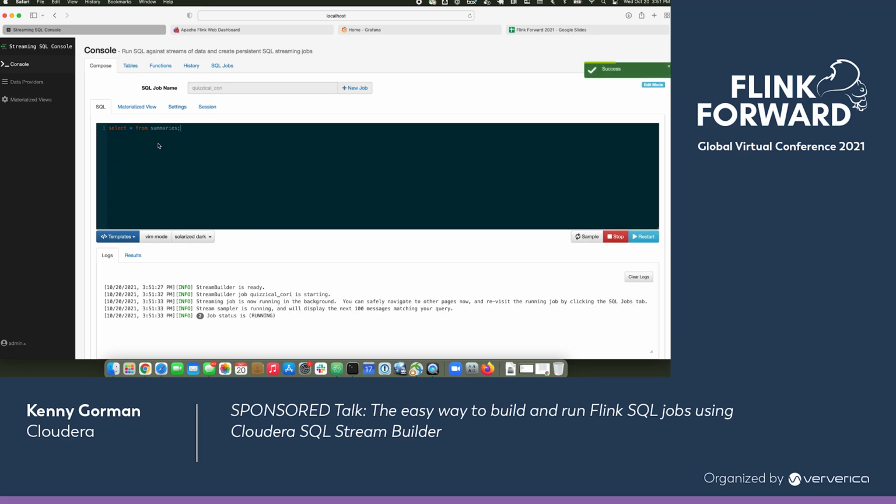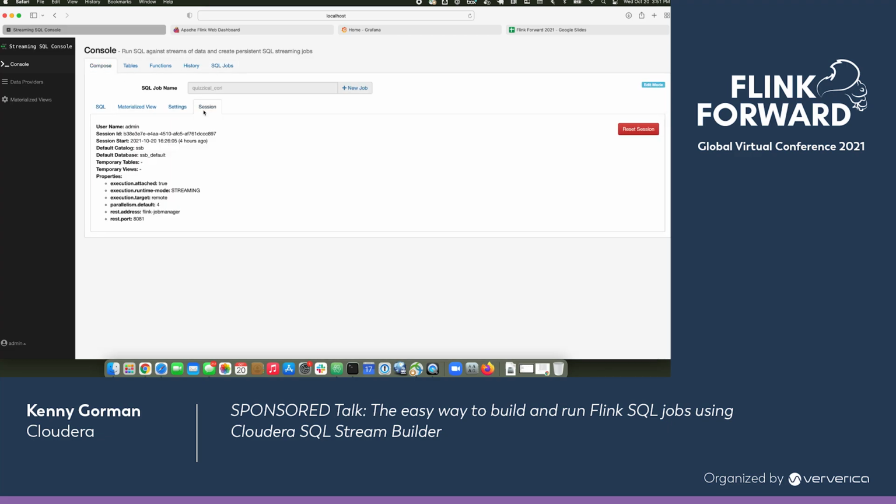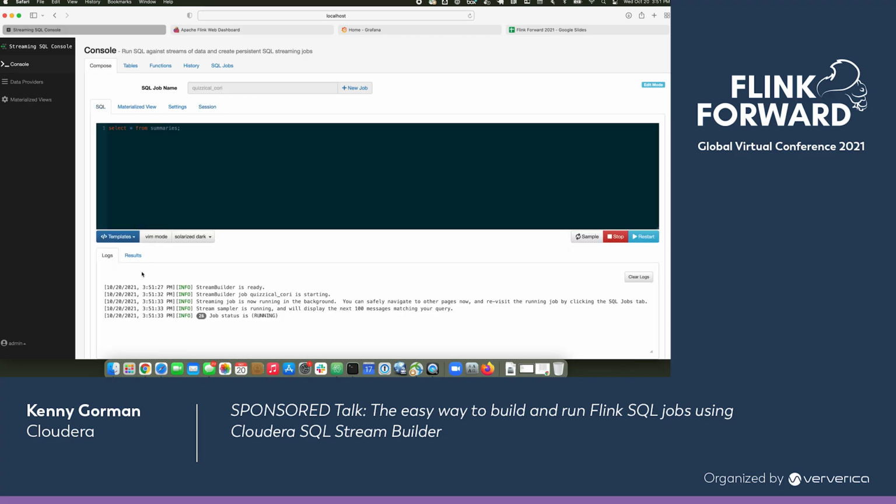run that. Again, it starts a SQL job here in Flink. That job can be controlled again from session settings here. Any Flink configuration value that you would normally assign to Flink works here as well. Okay, and cool. And while that's running, let's talk a little bit about the feature set here, just within the